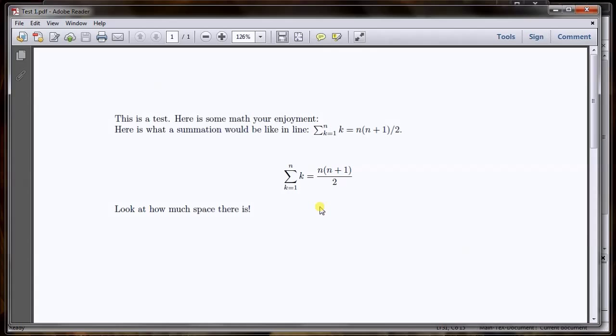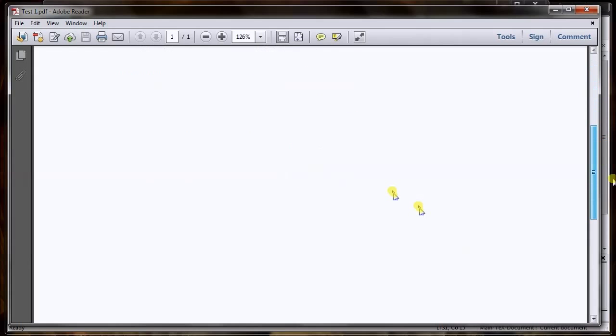And then if you do it with $$ on each side, it makes it much bigger, and you can see that the k equals 1 is under it and the n is over, rather than next to them. It just looks better this way. So depending on what you want to do, integrals will do the same thing, but this is basically how it works. It's going to take you longer to do it this way than it would in Word at first, but once you get good at it and remember all of those things, it's so much better to do it this way. I mean, that's my opinion anyway, but